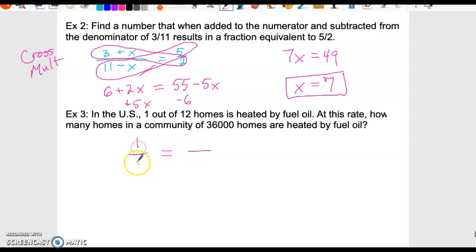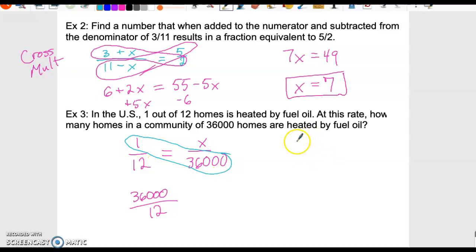So 1 out of 12 homes is heated by fuel oil. So if we had 36,000 homes in the community, now I would just stick an X in here. And I recognize that some of you might just cross multiply or understand, oh, well, if it's 36,000 divided by 12, well, I guess I can show you the math behind it if anybody's a fan of cross